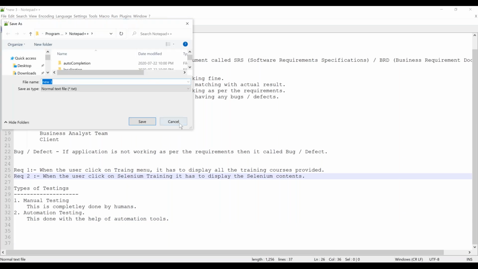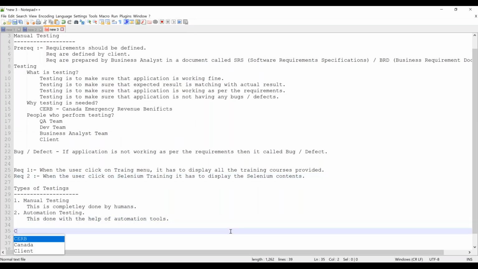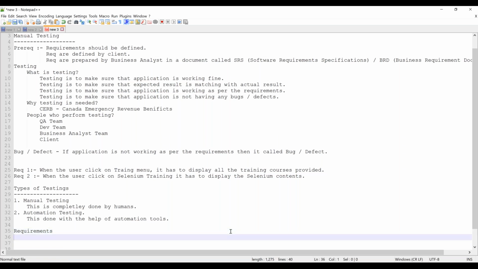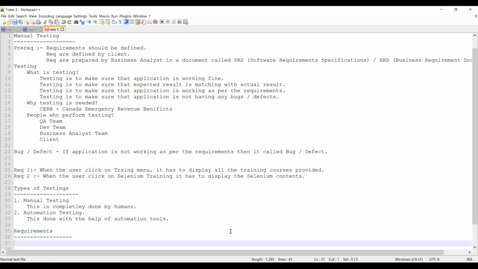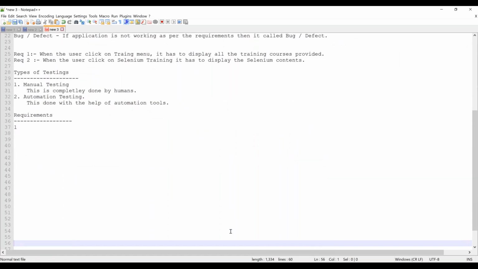So let's take one example. I want to test the calculator. Somebody will give you the requirements. So for the requirements of the calculator, I'm just writing them down.